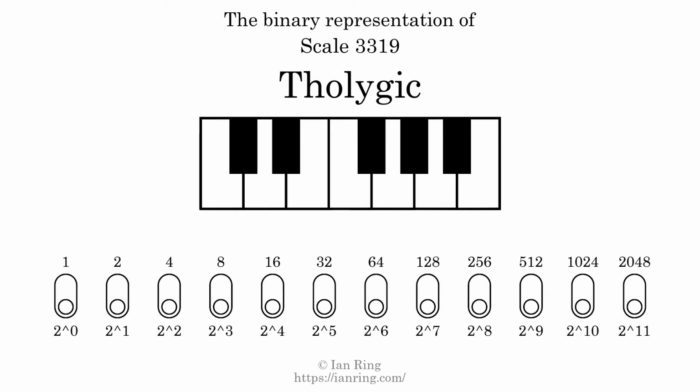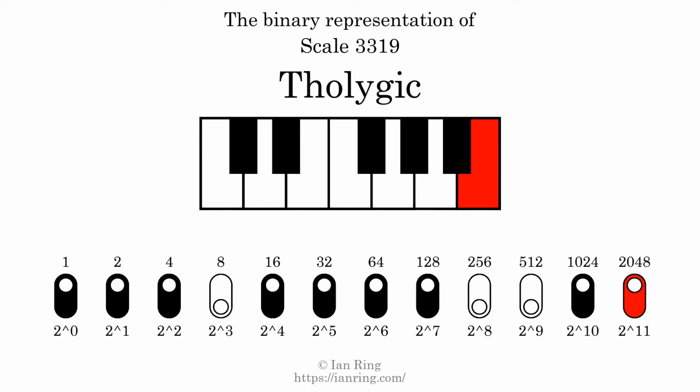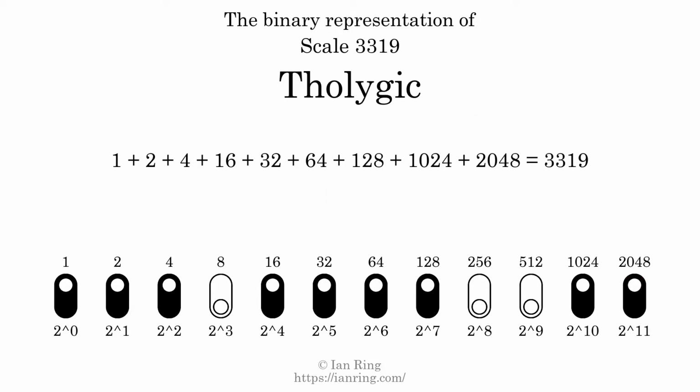The binary representation of this scale is determined by mapping tones of the scale to binary digits. Each binary digit represents a power of 2. To get the scale number, we add the powers of 2 together. The powers of 2 that are present in the scale, all added together, equals 3319. That is why the scale number, in decimal, is